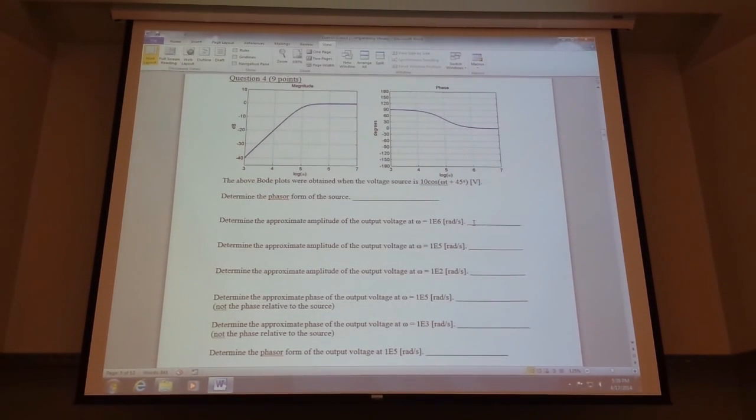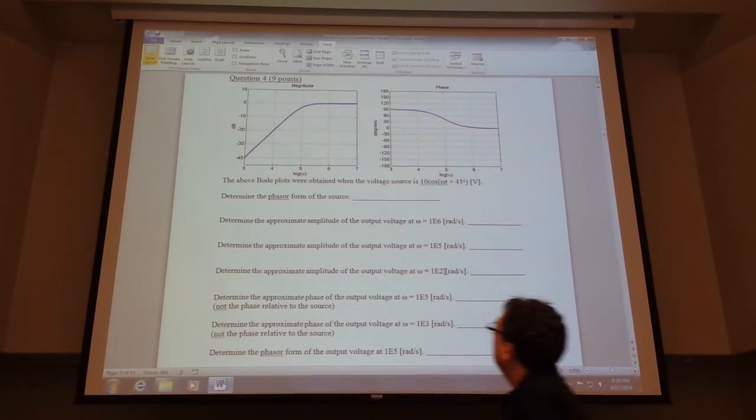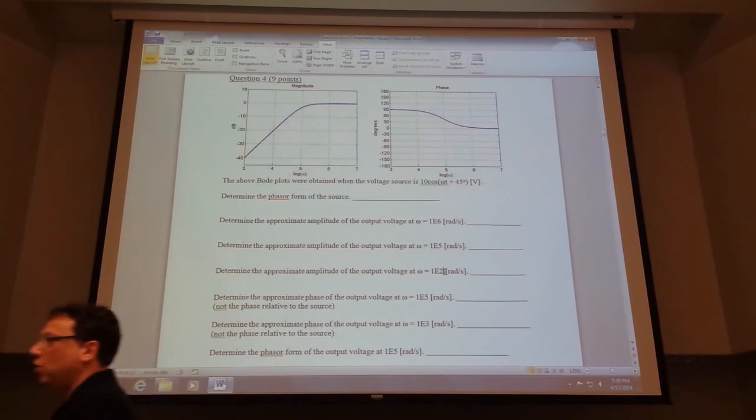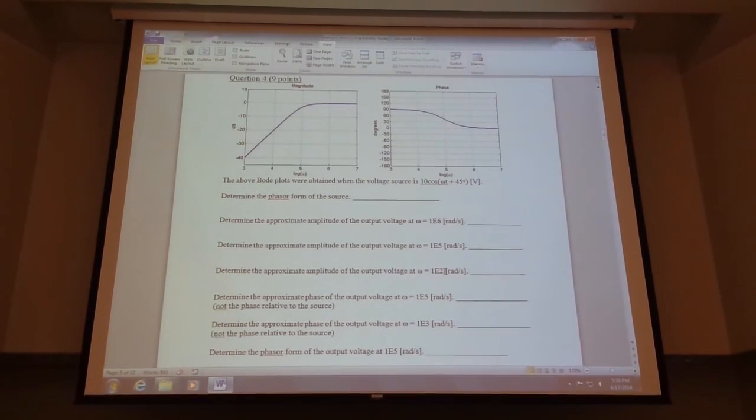Then what about at 10 to the 2? That's not on the plot. Can we figure that out? Do we have enough information? Sure. Every 20 dB corresponds to a change of what in terms of the output over the input? Not half. 20 dB. Every 20 dB corresponds to